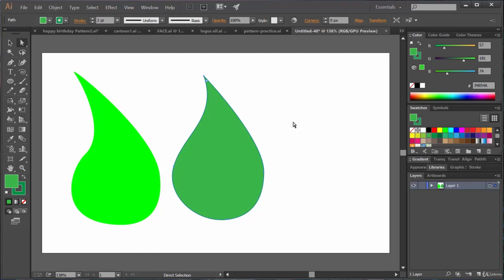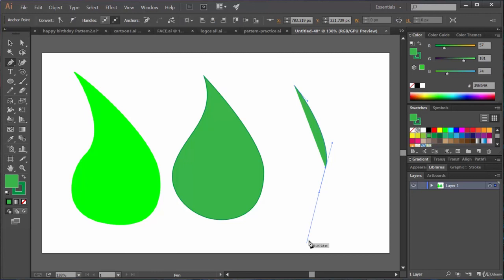Okay friends, so what are the things that we have learned here? That is how we can draw a curve. Again, select the pen tool, click at a point and drag. And remember, when you have just clicked, you have just created an anchor point.